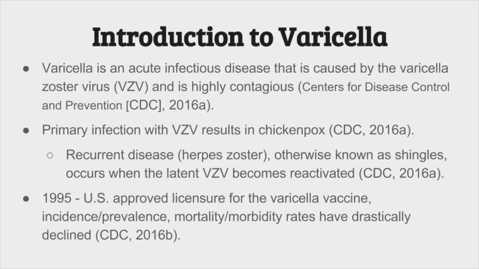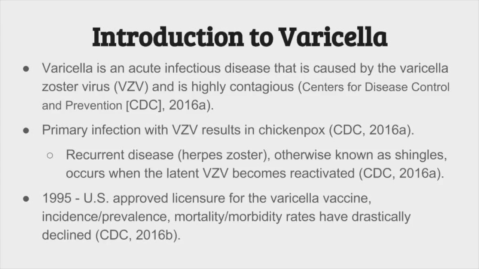Varicella, or the chickenpox, is a highly contagious and acute disease that is caused by the varicella zoster virus. Anyone that hasn't received the varicella vaccine or hasn't had the chickenpox illness is at risk of developing the chickenpox. Additionally, those who have had the chickenpox illness previously are at risk of developing shingles or herpes zoster virus. In 1995, the U.S. approved licensure for the varicella vaccine, and since then, the incidence, the prevalence, mortality, and morbidity